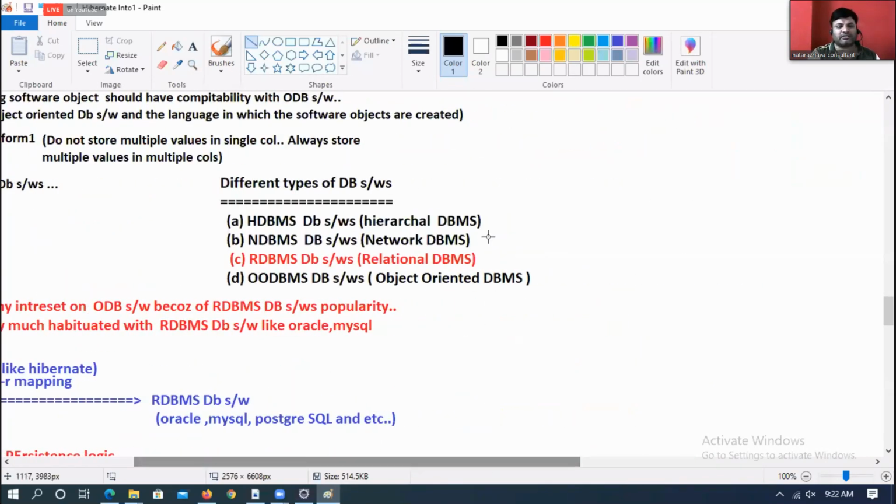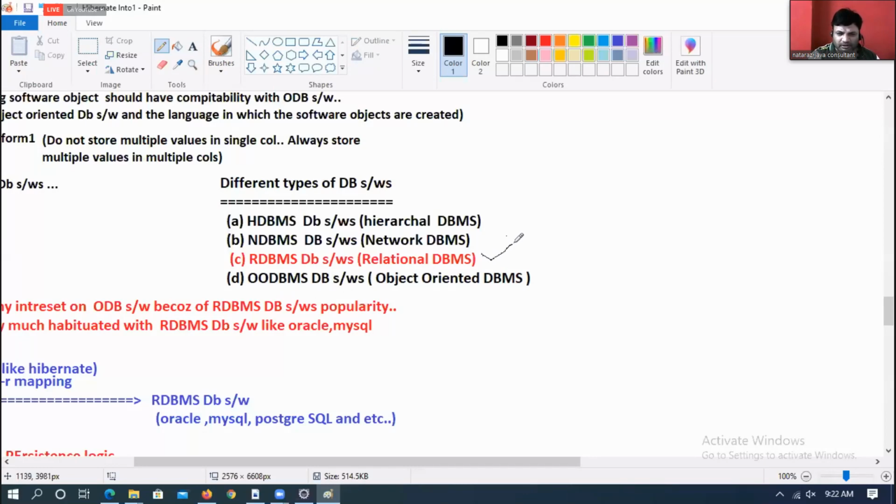In that process, I started talking about different types of database software: HDBMS, NDBMS, RDBMS, OODBMS. Hierarchical database management system, network database management system, relational database management system, and next, object oriented database management system.